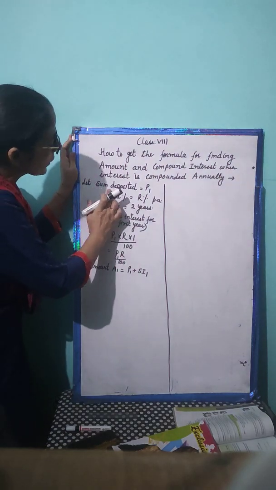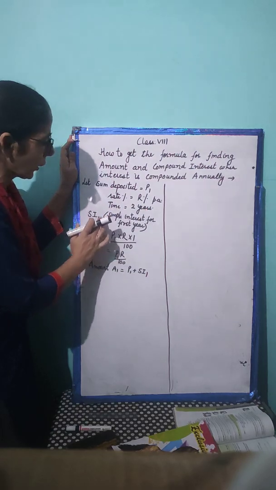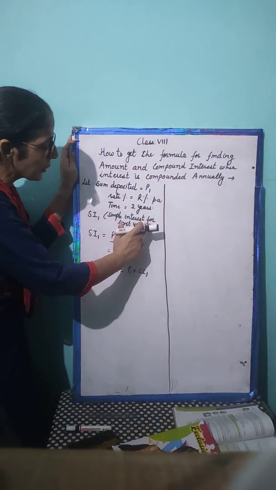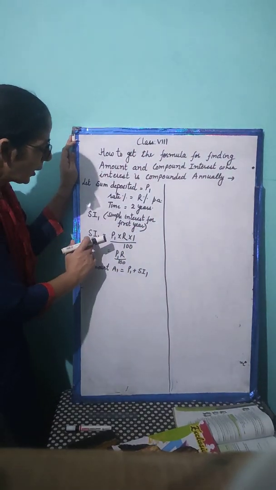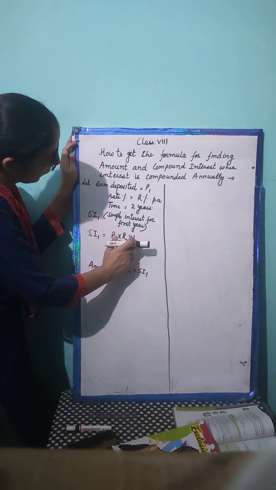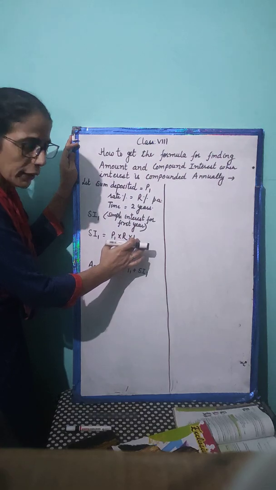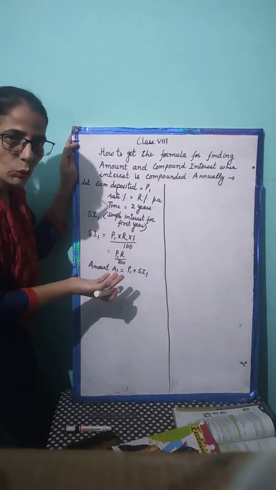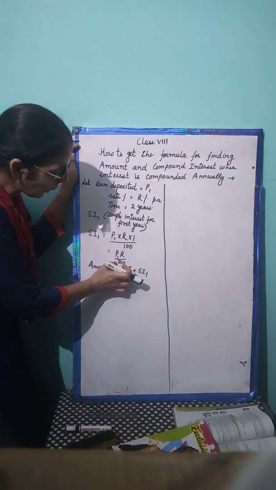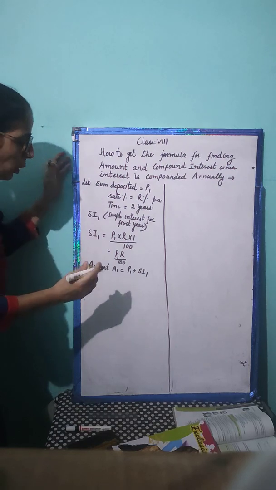So let the sum deposited be P1, rate R percent, time 2 years. First I am getting the simple interest, SI1, that is the interest for the first year. SI1 is equal to P1 R into 1, upon 100. I can skip the 1, since multiplying by 1 does not affect the number, so it becomes P1 R by 100.